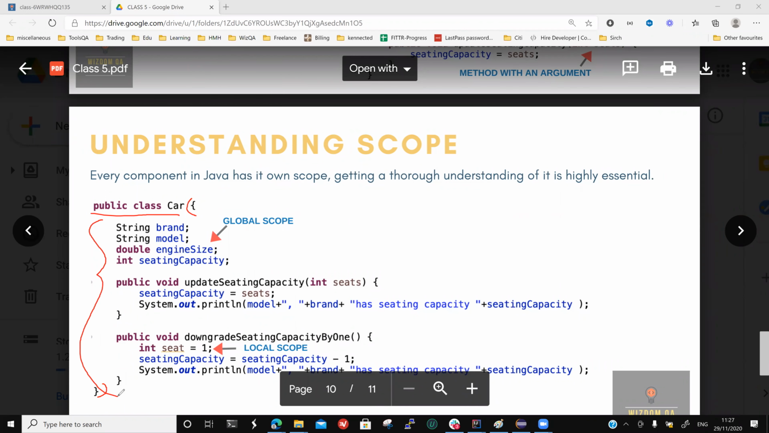Okay? Now everything in Java has its own scope. For example, look at the method update seating capacity. It has its own scope. Do you see that? It has its own scope. Again, this method up here has its own scope. What do I mean by the scope? Scope means that it has its own area or its own workspace, which means